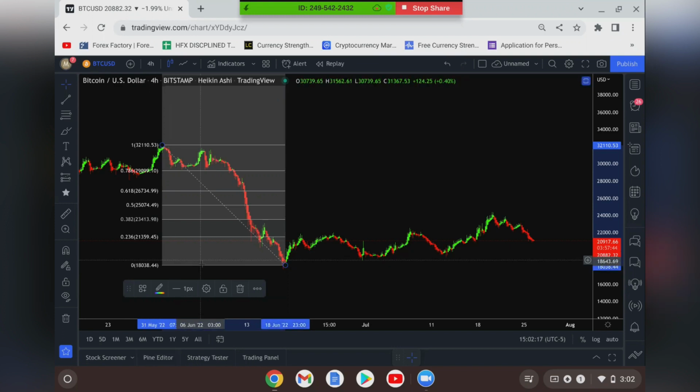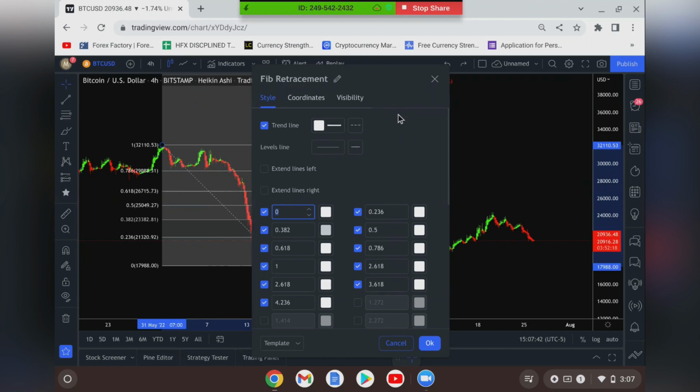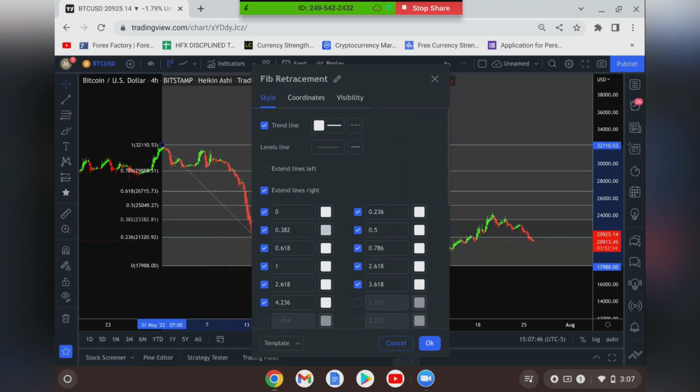So I'm going to come right here to our settings tab, click that. I'm going to switch from coordinates to style. First, we're going to start by extending our lines right, just so we can have a clearer view of our support and resistance levels. Then we are going to change some of these coordinates in order for them to correspond with our take profit levels, okay? So first we're going to change this one to negative